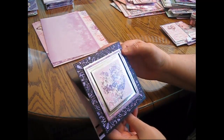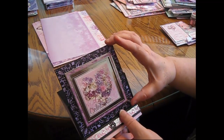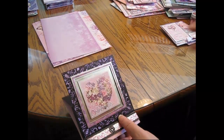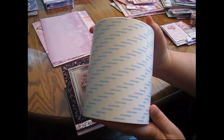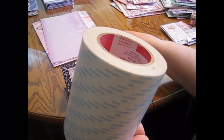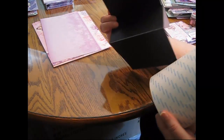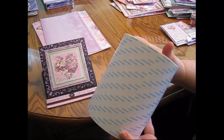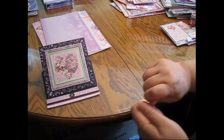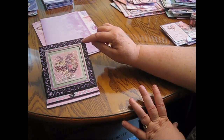Okay, the very first thing I did was cut and fold my cardstock. Next, I made this topper piece here. I made this by taking a sheet of my double stick adhesive, putting it down on a piece of cardstock. In this case, I actually put it on black cardstock because I wanted it to be black from the back. So I just used another piece of my black cardstock. I put my tape over it. I peeled back my tape and I cut this frame right here,